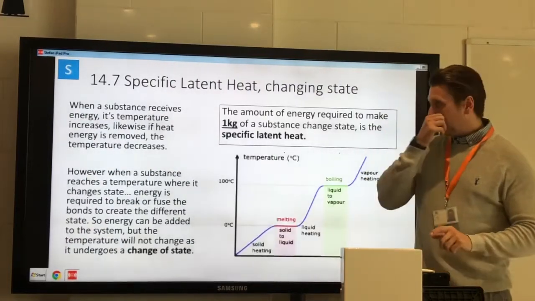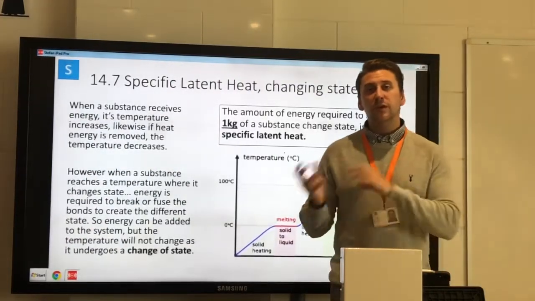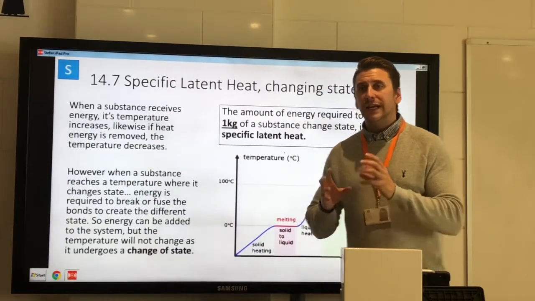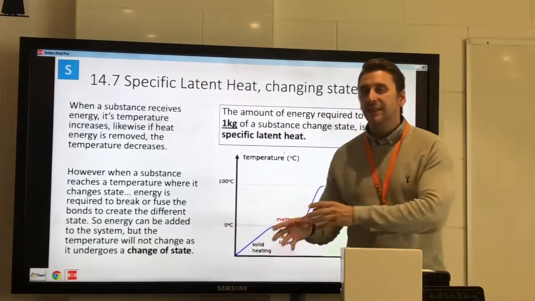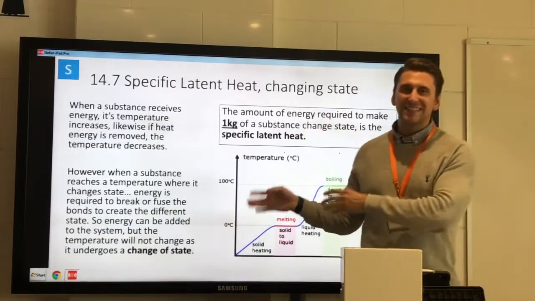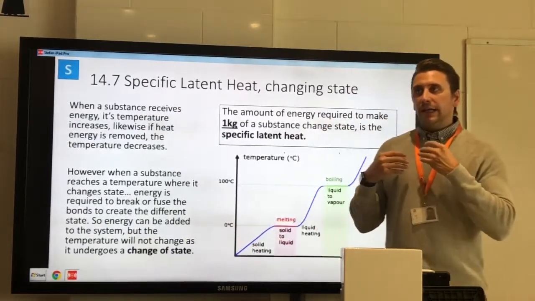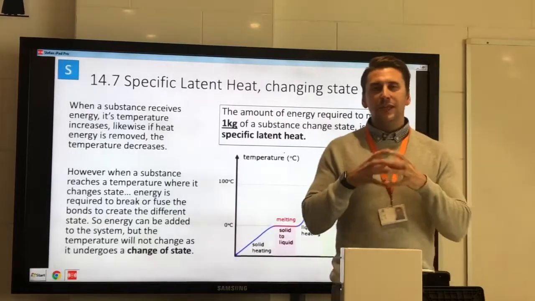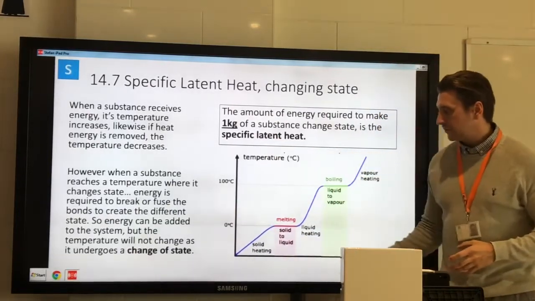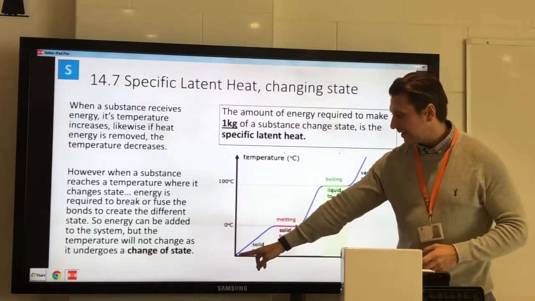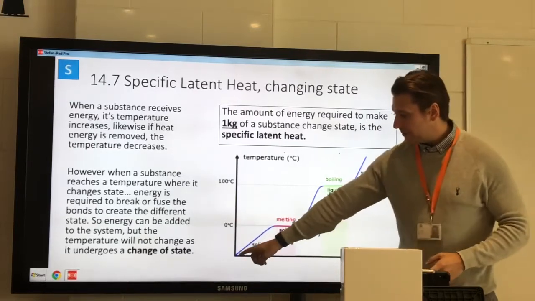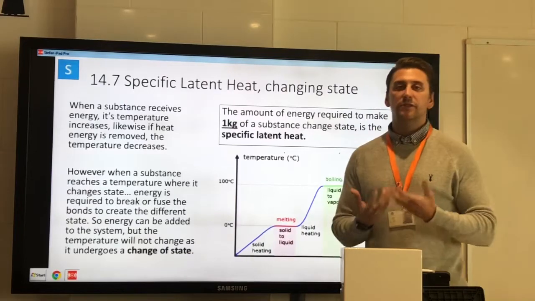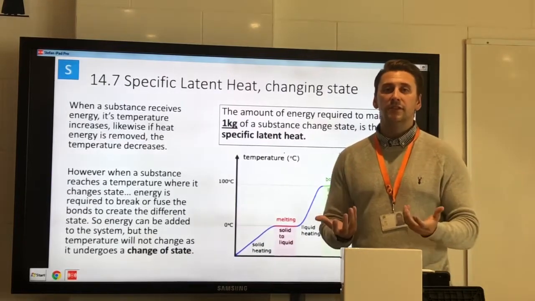One more definition to introduce before we look at the actual equations for them is specific latent heat. So we have specific heat capacity, now we're looking at specific latent heat. Now, the best example of this: if you start with ice on a temperature-time graph, start with ice at a negative value of degrees Celsius, where the x-axis should really be at 0. You start at a negative value of temperature for ice, so let's say we start at -5 degrees Celsius.